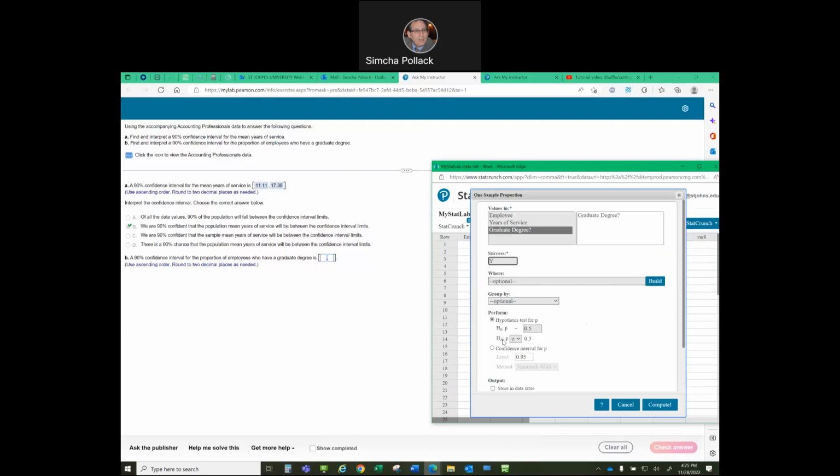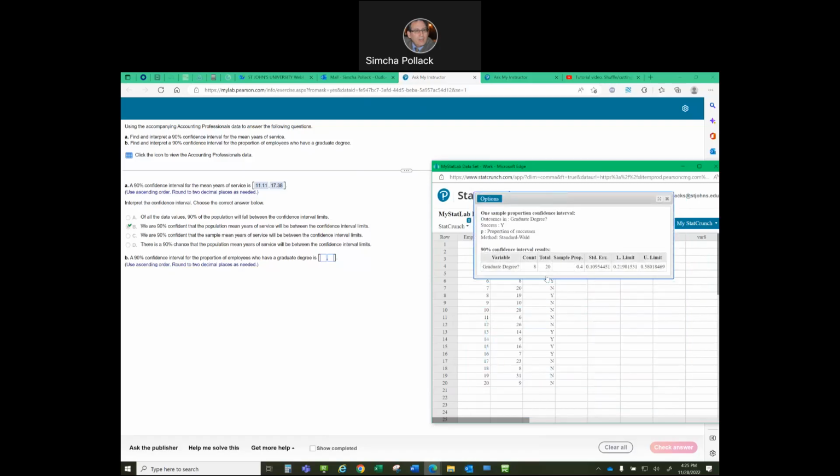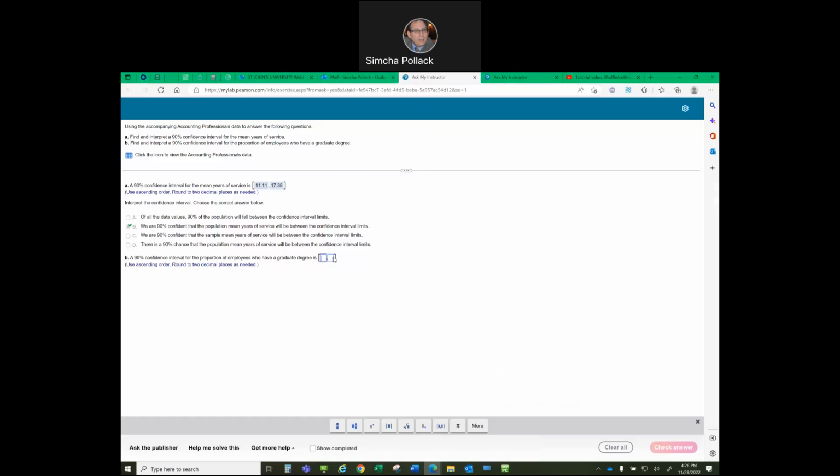I'm not sure this is going to be right. We want a confidence interval of 90%. Compute. And it was right. That you put a Y in there because Y was the symbol for the success in this case. So there were 8 out of 20, which is 40%, and the lower limit is 0.219 or 21.9%. The upper limit is